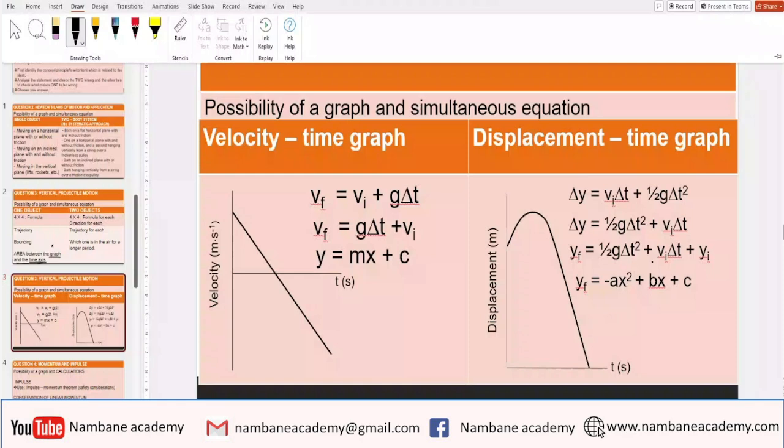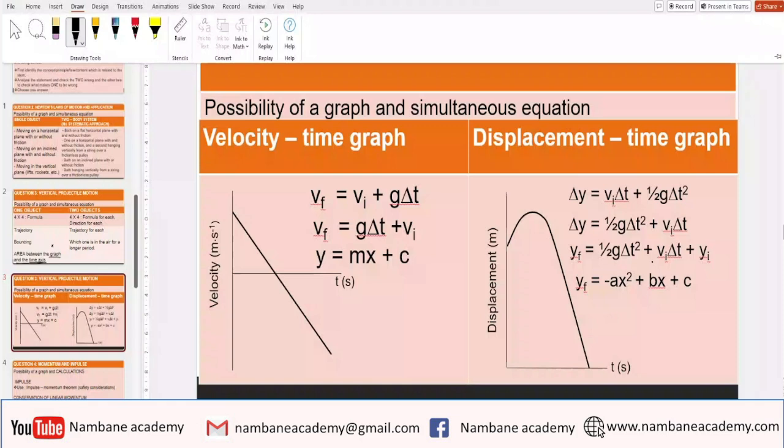Now we need to talk about the initial velocity, which is actually the c. That's why your graph is cutting the y-axis. From their mathematics, they will know that. And then the x-axis is where you have your time, which relates to the change in time. And then the gradient of this particular graph is going to be our acceleration, which is gravitational acceleration. So for a multiple choice question, this will help them when they are asked,